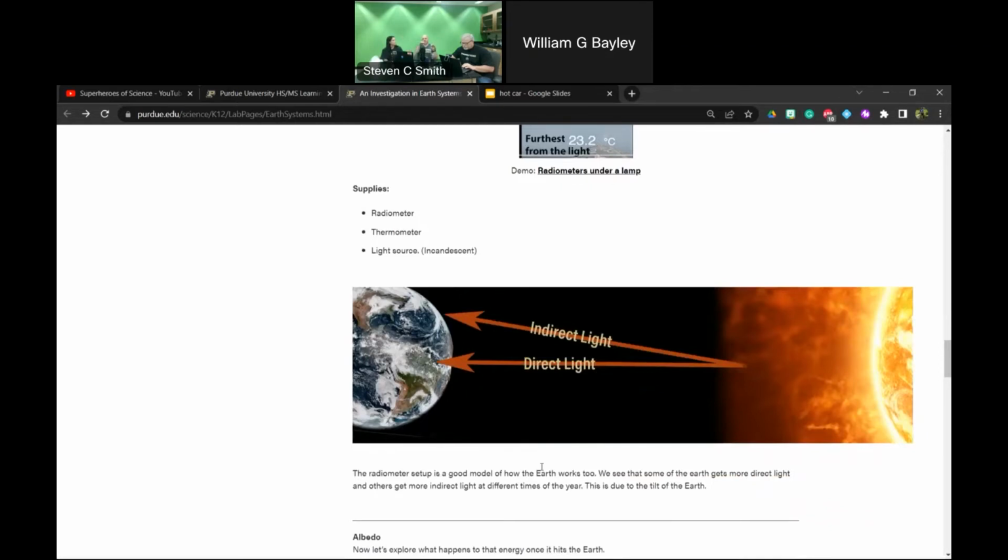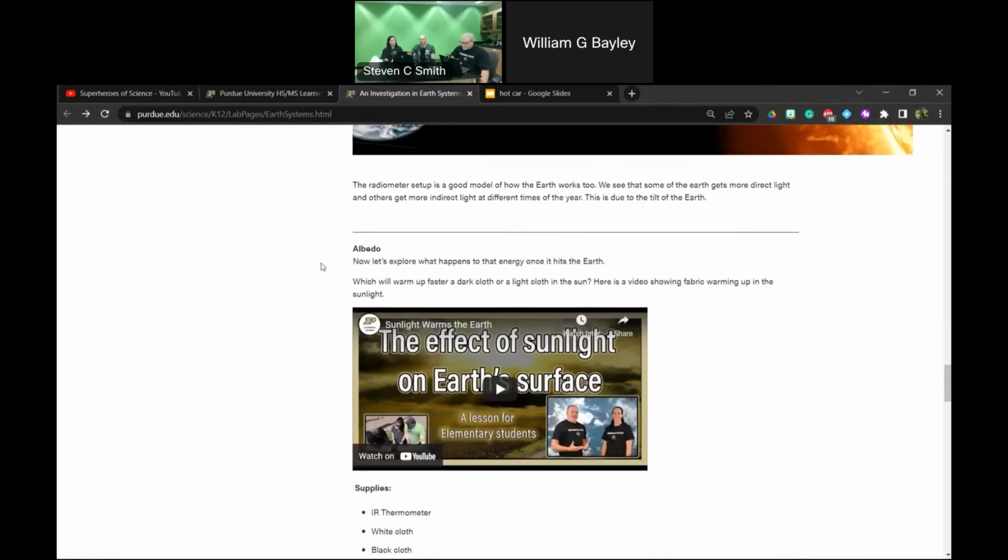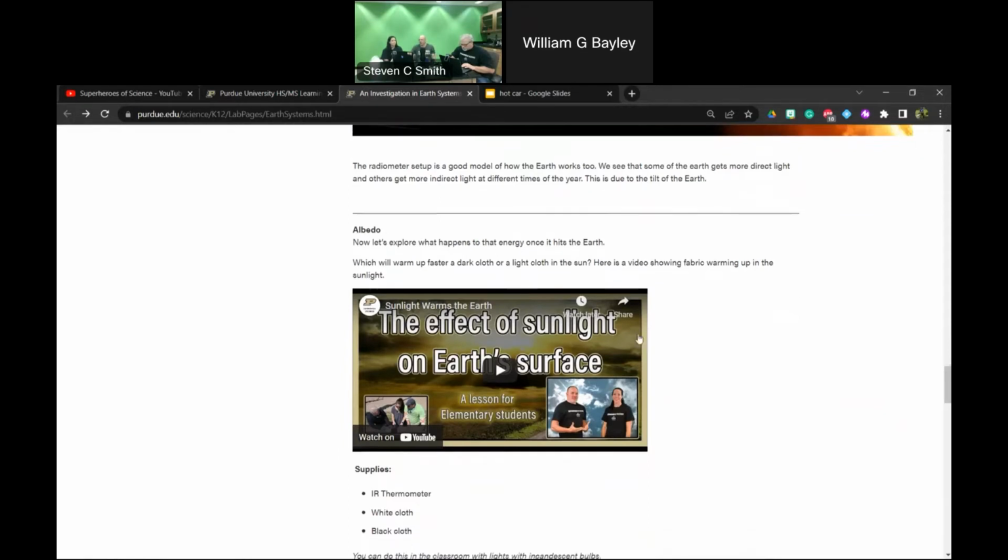Now this would get direct light, where this is more indirect. This is graphic, slightly exaggerated, but it's the idea. And sometimes slightly exaggerated helps, to show how we're getting direct versus indirect light. And so I think that does a good job with seasons. But then to talk about the weather and stuff, we want to bring in albedo. And that's, as we know, simply how much things warm up, right? We did this lesson.